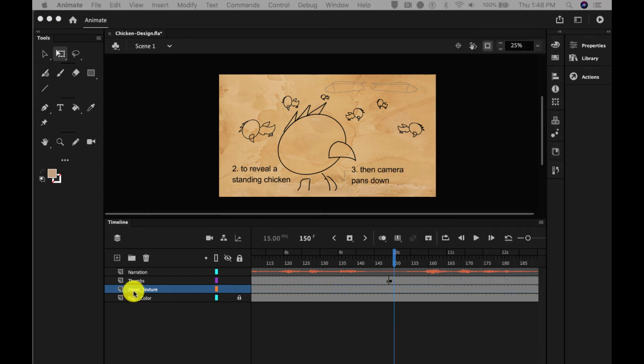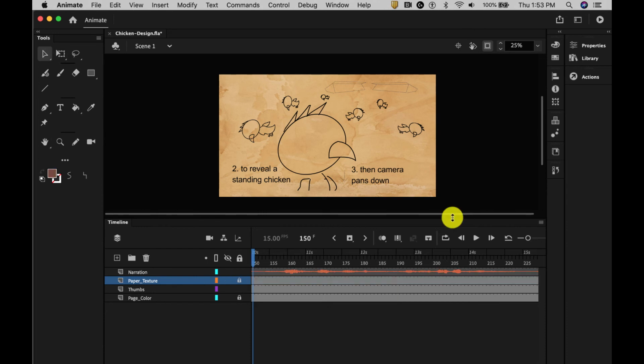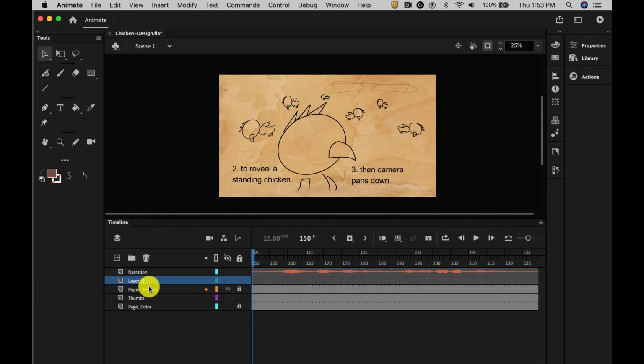Let's place this paper texture layer up on the top of the layer order, and everything that we make in terms of art will be in a sandwich between the paper texture and the page color. I will also lock this layer. If you'd like to add a vignette, we can make a layer for that